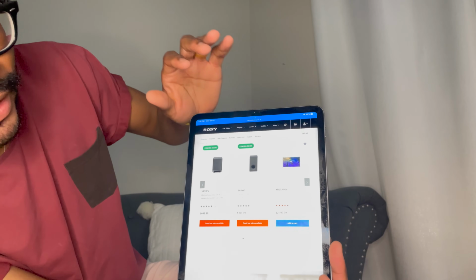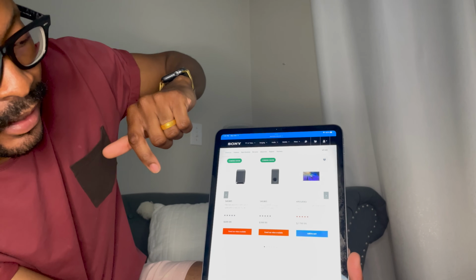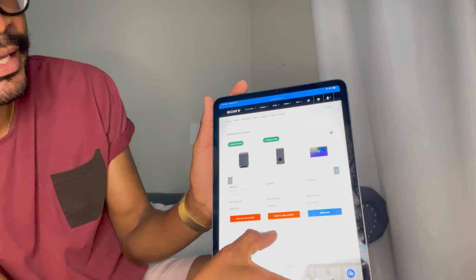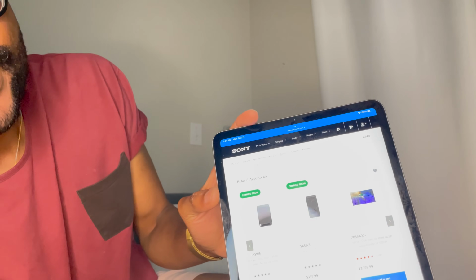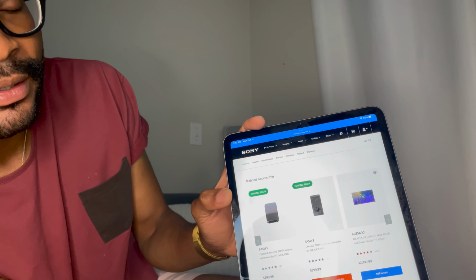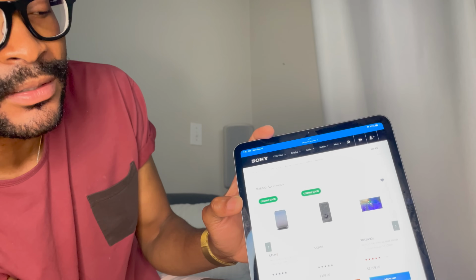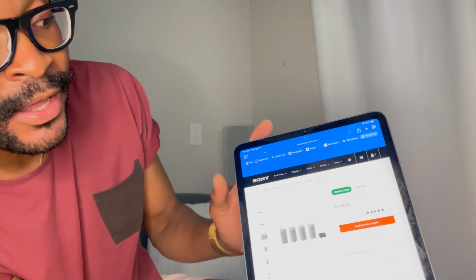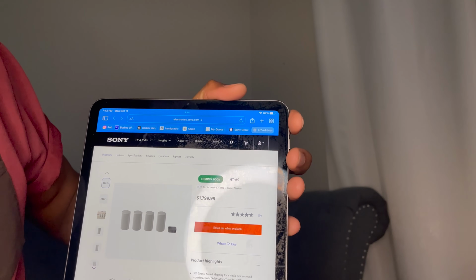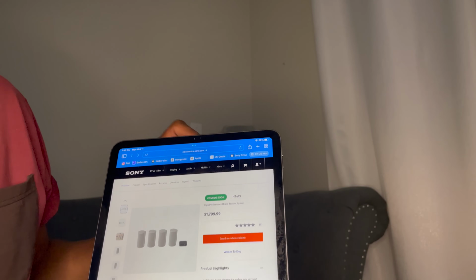Okay, the cheaper one is $3.99, and this is the one I got. It's $6.99, and as you can see here, it says coming soon. So when they have a release date for it, the moment you order it, it's gonna tell you when it's gonna get shipped. When I ordered mine, even though for this one it says coming soon, I already got mine, the day that I ordered it, which was on the 29th of September. The following day it says coming soon on the website, and